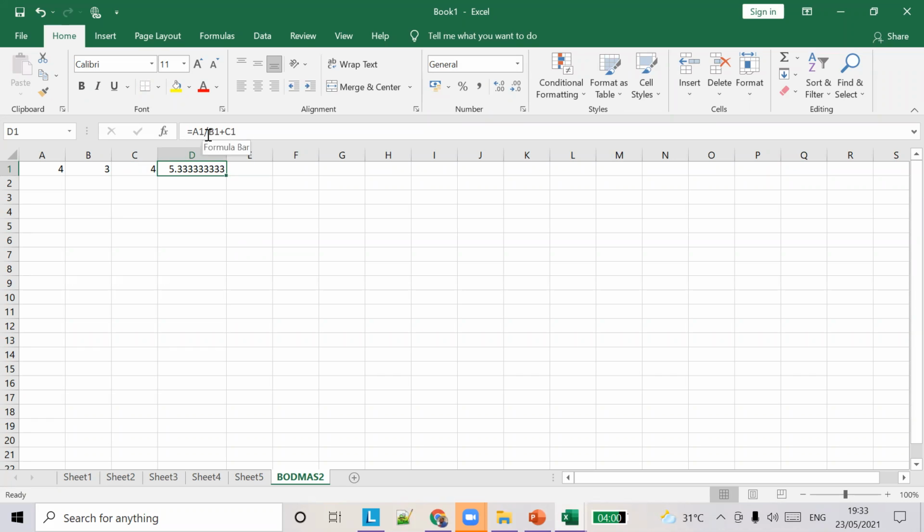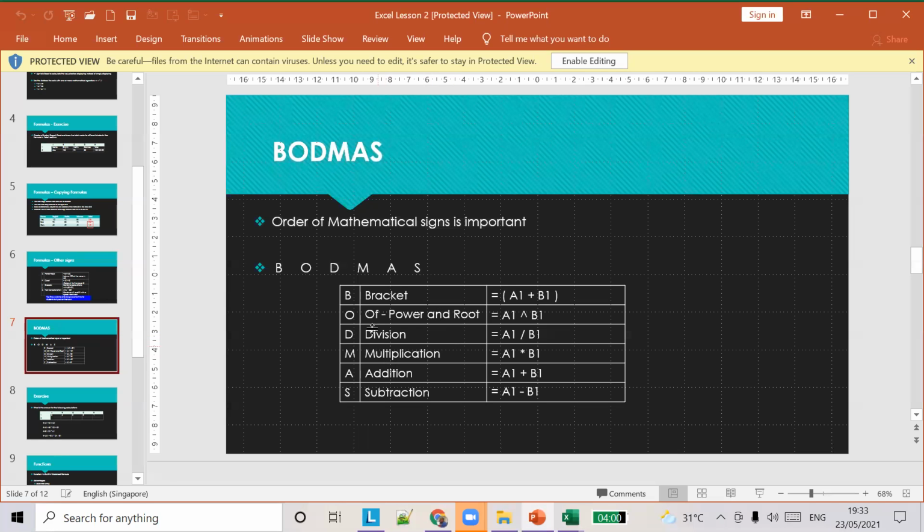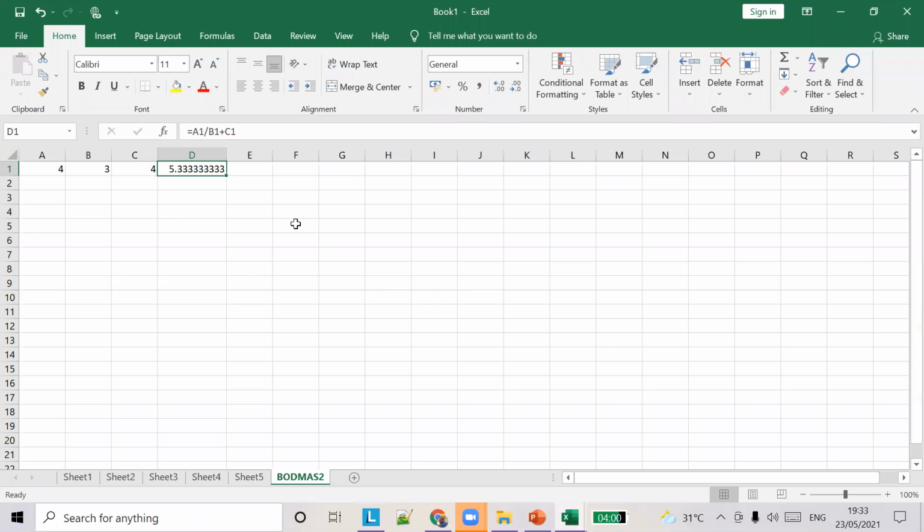In this formula there is a division symbol and an addition symbol. In the order of these things, what comes first? Division comes first, right? So it's going to calculate 4 divided by 3 first, and then add it to 4.